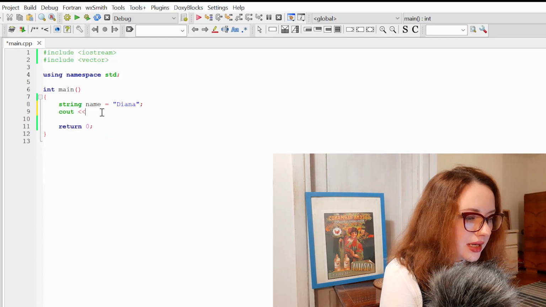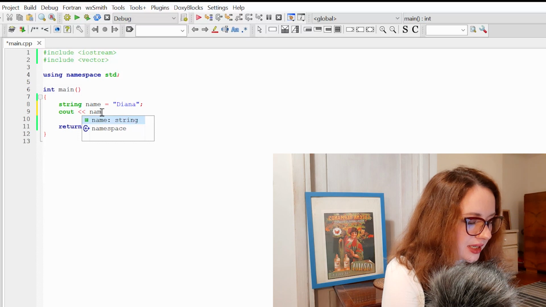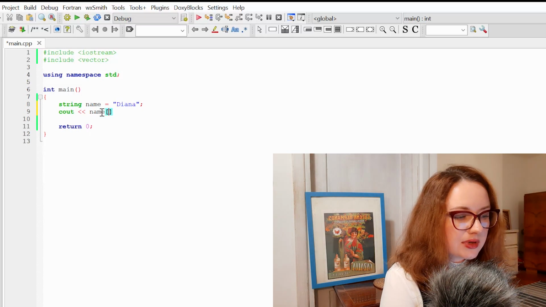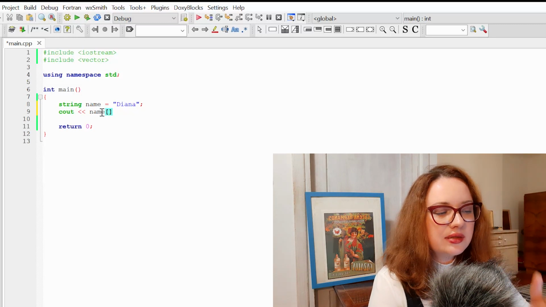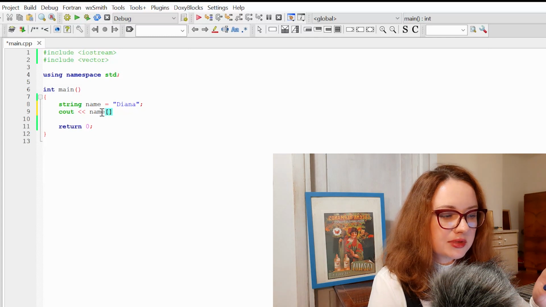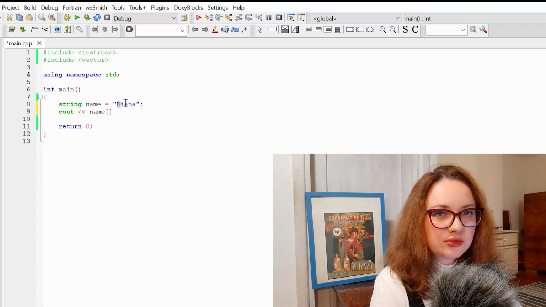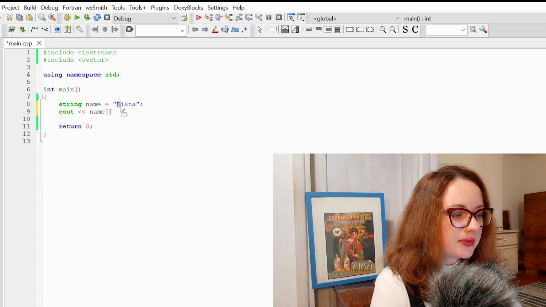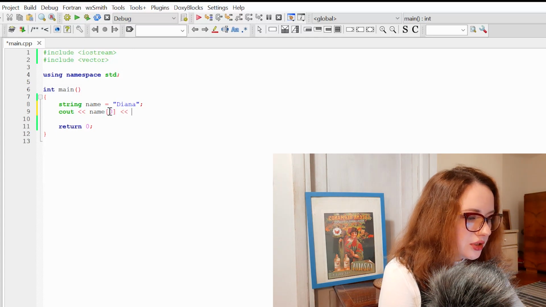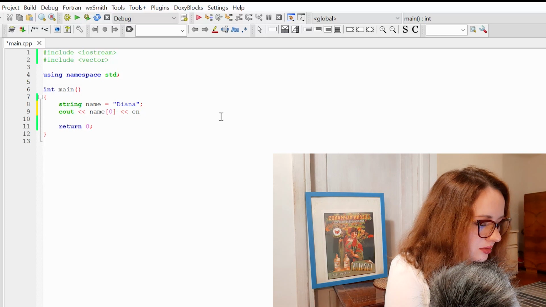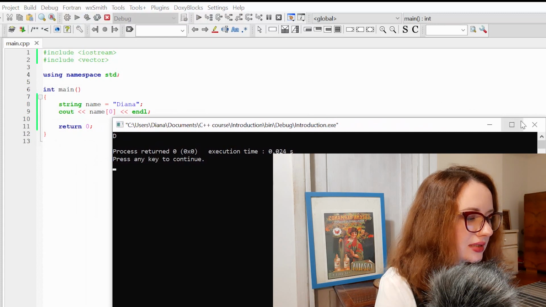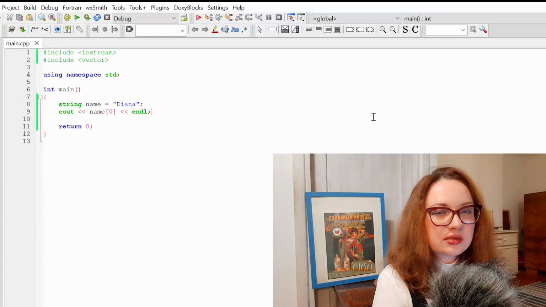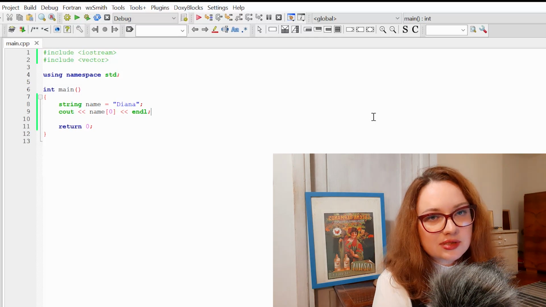And if I want to reach any letter, any char in my string, I should write the name of my string, and in the square brackets the number of the char I want to reach. And once again, keep in mind that counting of our string's members starts from 0. So D is char number 0, I is char number 1, print name our char number 0 to the console, and you can see the result is D. And the cool stuff is that string class has lots of functions similar to the vector.